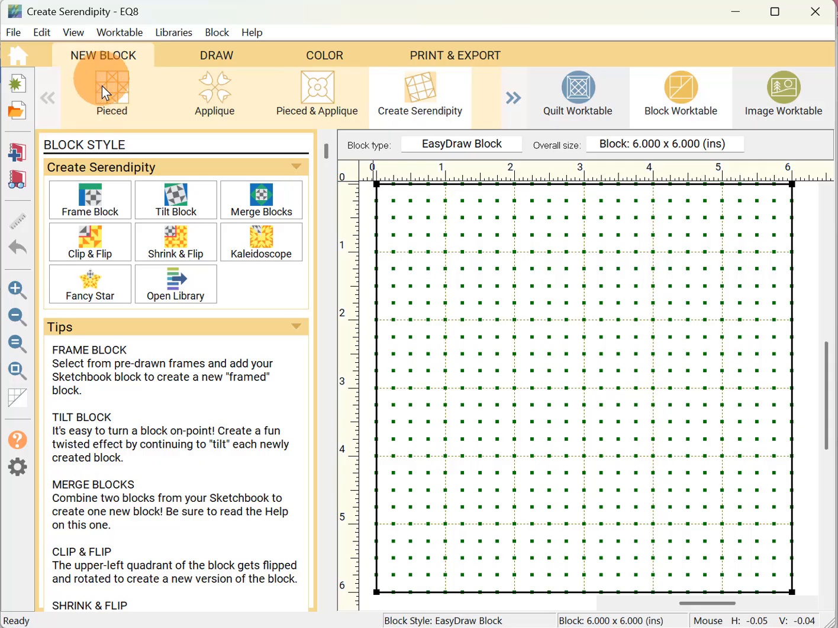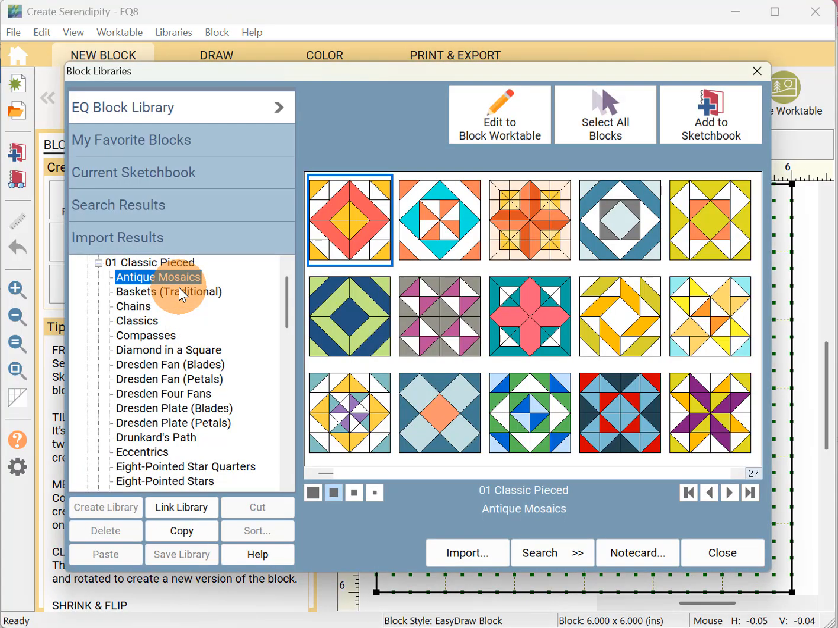So on the new block tab, we have pieced, we have applique, we have pieced and applique, and the last one is Create Serendipity. If I click on that, then I get several options for block styles. The first thing we have to do is have blocks in our sketchbook to use. So I'm going to go ahead and click Open Library, and the